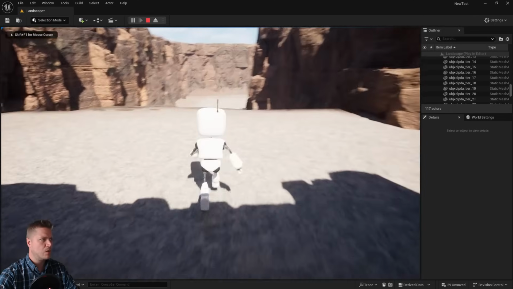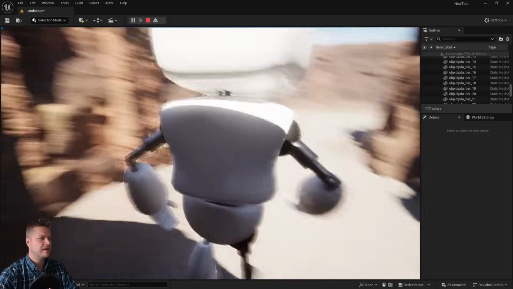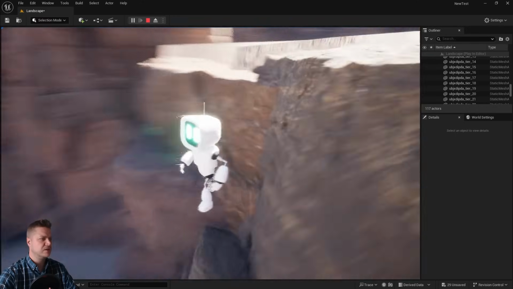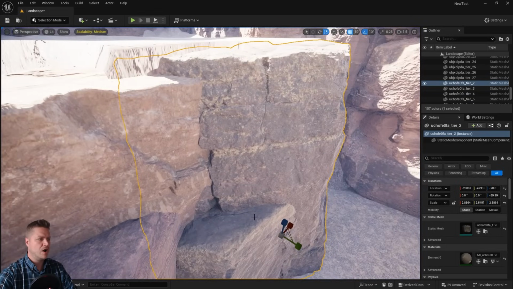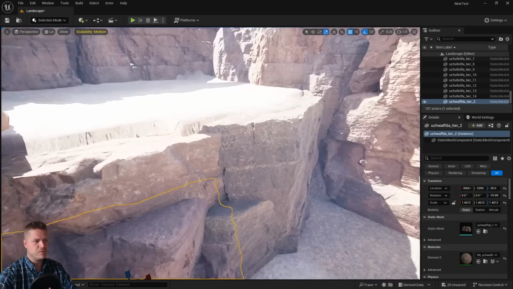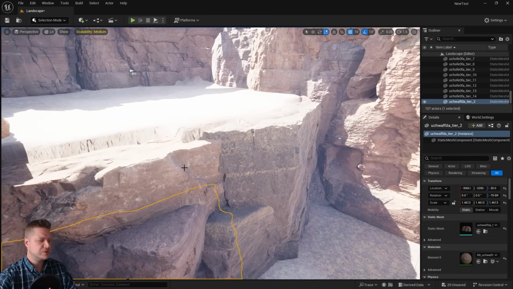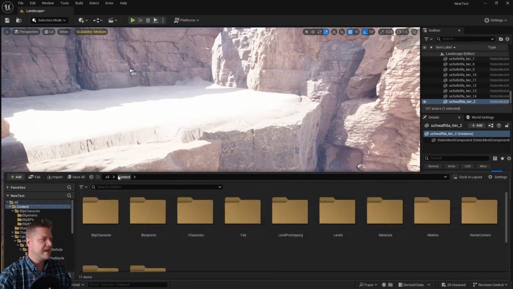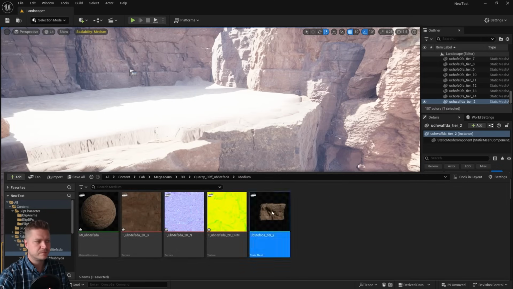So now as I walk towards the edge, you can see that I sort of fall down where you'd expect me to. Now there is still an issue here, and that's because I've got other meshes there. So that one's going to have a problem, that one might have a problem, and we need to fix all of them. So what we're going to do now, and I'll let you do this before we move on to the next step, is go into our Fab folder, Megascans, 3D, and then each one of these needs to be done. So I'll start with the first one, open that up,